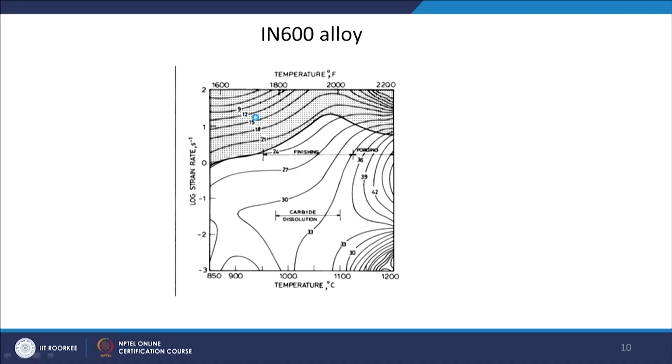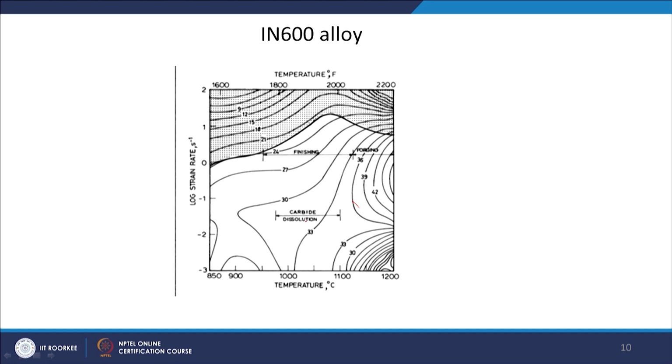This is for an Inconel 600 alloy. Okay. You have different operations. So, forging will be done at higher temperatures. Okay. As I told you, rough rolling or forging will be done at high temperature. Okay. And then the finishing operation will be done at lower temperatures. Okay. Again you can see we are just avoiding the unstable region and trying to have the maximum strain rate which can be achieved in this particular process. The carbide dissolution is taking place somewhere here.